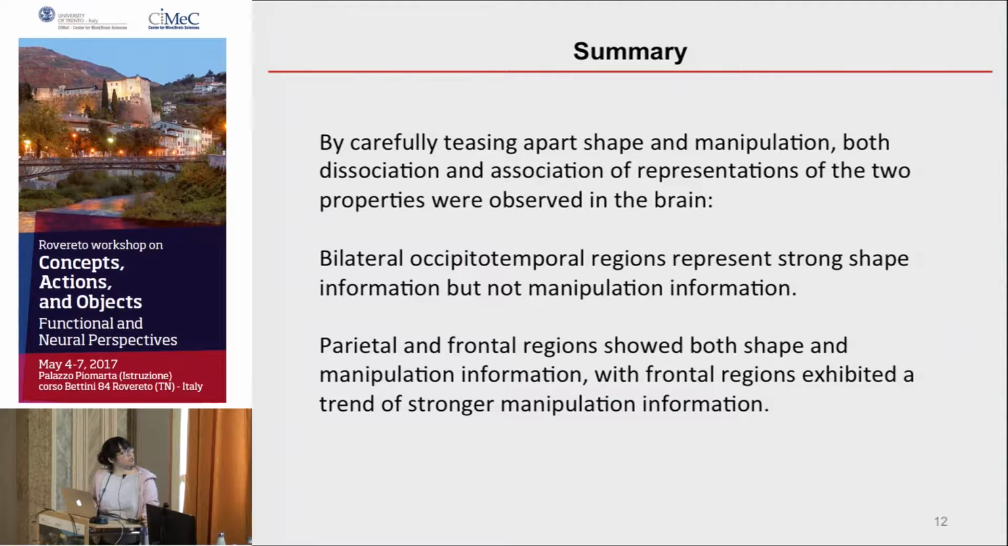two properties in the brain. The bilateral occipital-temporal regions represent strong shape information, but not manipulation information, while the parieto-frontal regions show both shape and manipulation information, but the frontal regions seem to exhibit a trend of stronger